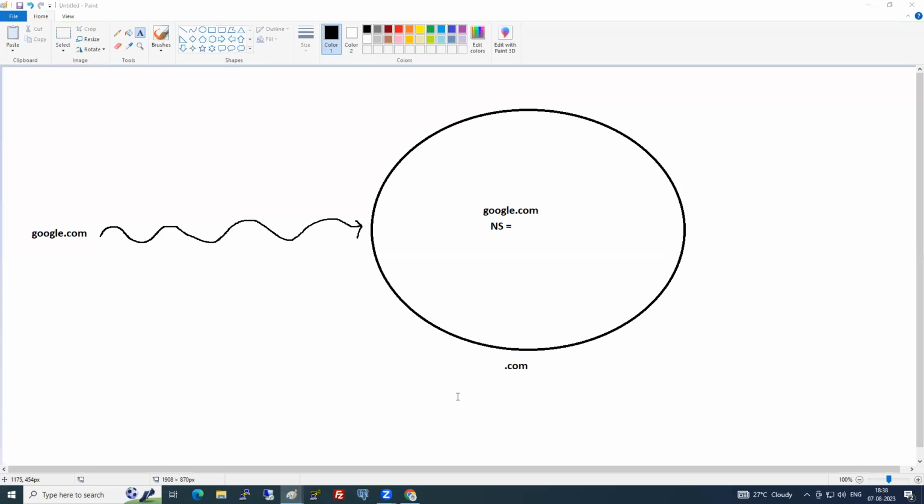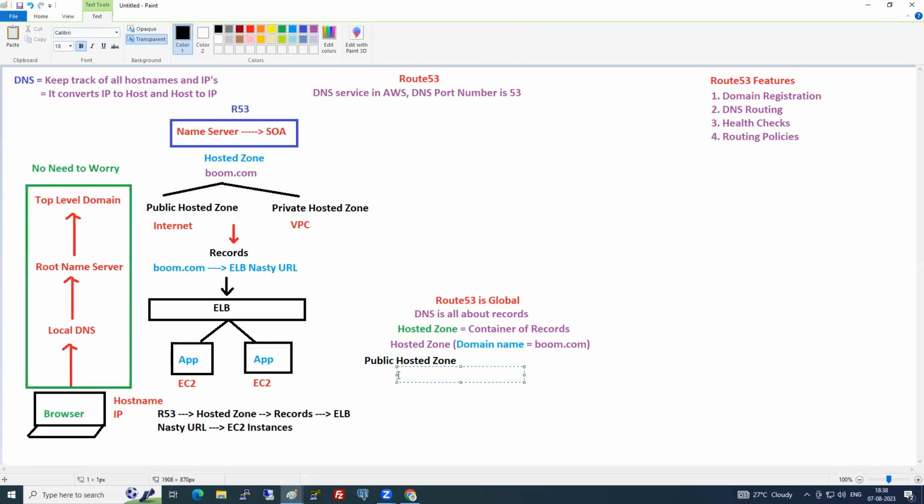So whenever you create a hosted zone, 2 records will get created. Those records are called the NS record and the SOA record. These 2 records will get automatically created. NS record is nothing but a pool of servers.